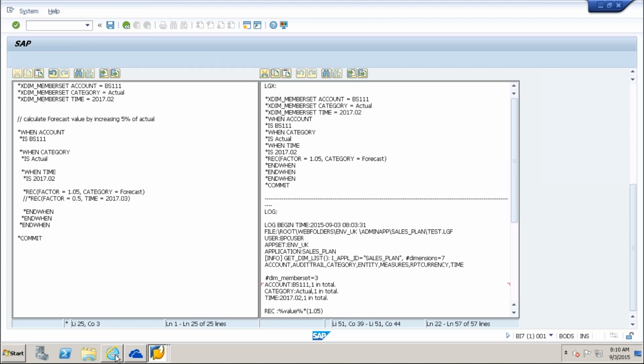So tomorrow what we will do: we already kept this in the default logic. We will create a report and input form, sending the data through the input form. How the default logic will work, we can see tomorrow. We will optimize this code tomorrow, and also we will load some data through a flat file, and we'll see how it works with the default logic.